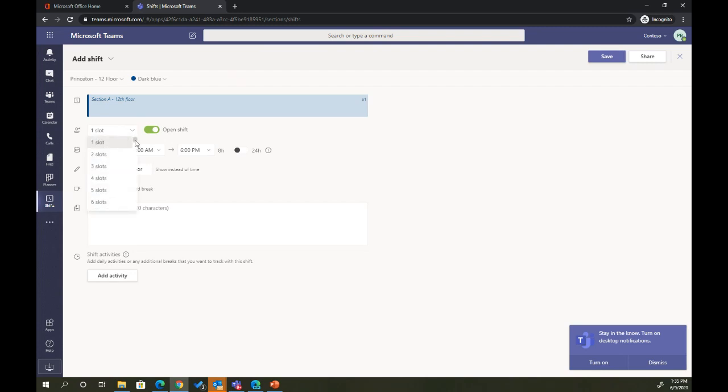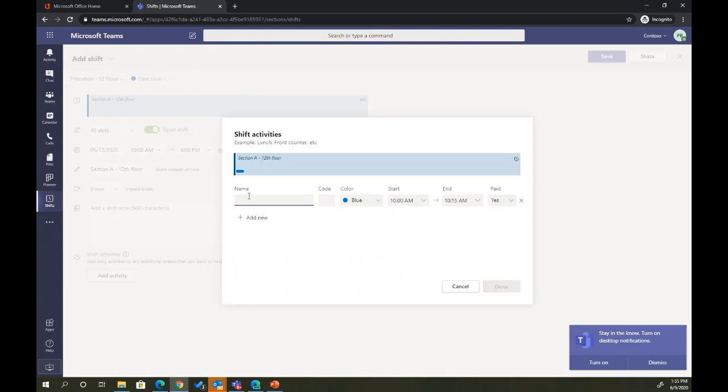Typically, this floor, let's assume it used to sit 300 people. Because of social distancing, it cannot. So we're going to make it 45. We're going to call it an open shift. We're going to add some daily activities here. Clean your tabs, right? Clean your desk. I'm not able to spell today properly. Actually, they don't want to get paid for cleaning their hands, so let's say no for that,